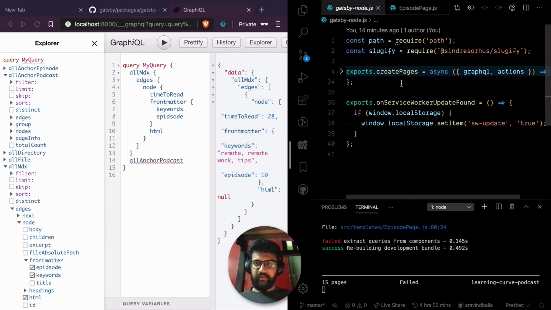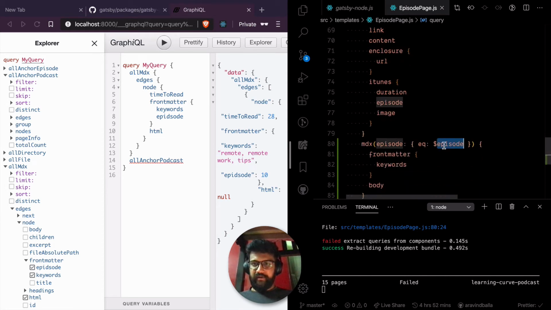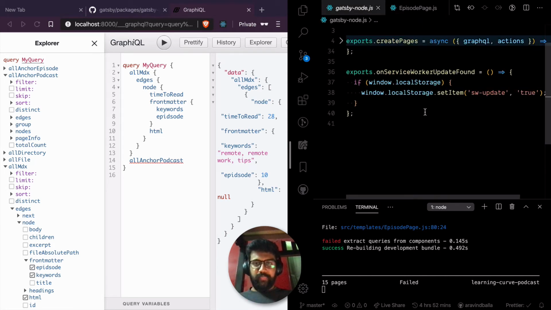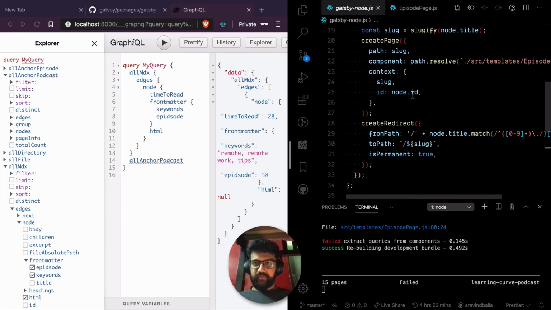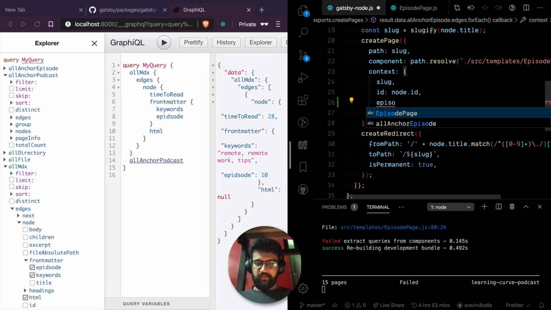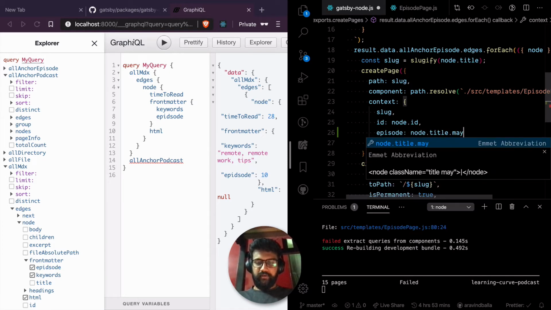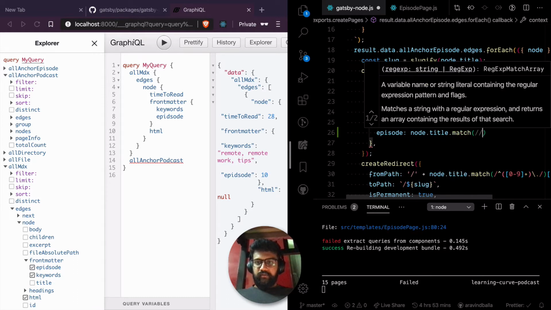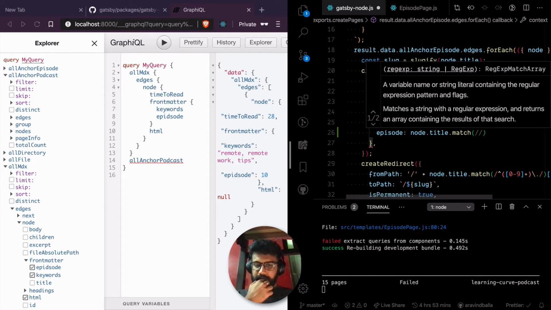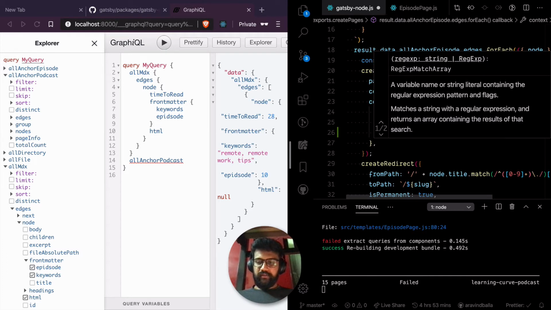And also in Gatsby node, which is a file that passes the ID here, we also have to add it to pass episode. Yeah, the create pages thing. So here we pass the ID. So here we need to pass episode as well, but with the number. So we can do a node dot title dot match. We match the first digit till the dot.